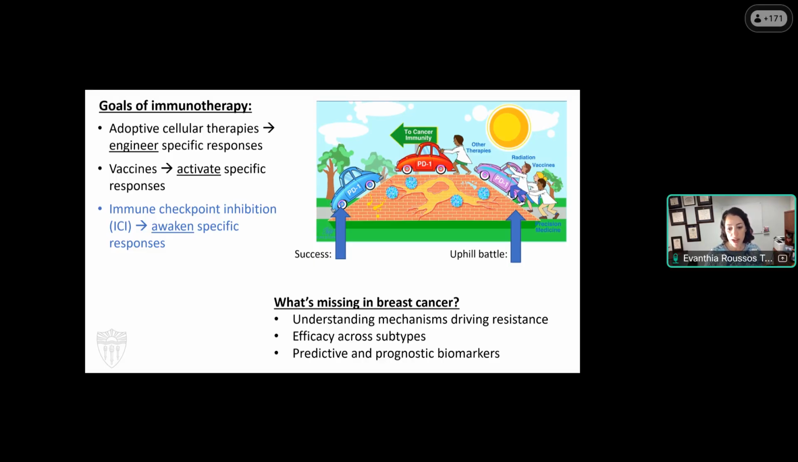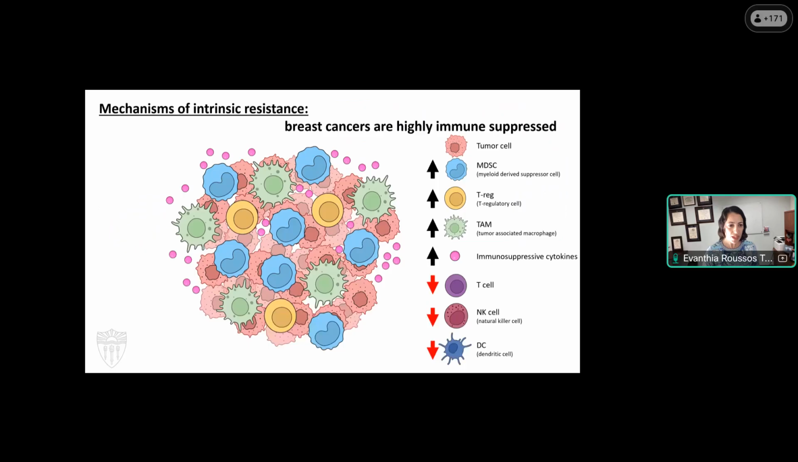And then of course, as many struggle with in terms of predictive and prognostic biomarkers, breast cancer is not unique in this regard, but we do need better predictive and prognostic biomarkers for use with immune checkpoint inhibitors. One of the mechanisms of intrinsic resistance that I'm going to focus on primarily, and what most of the work in my lab focuses on, is these high levels of immune suppression that can be found within breast tumors and breast